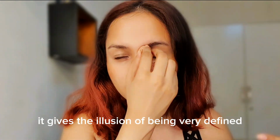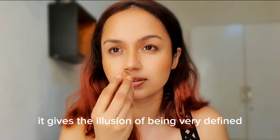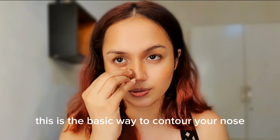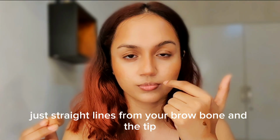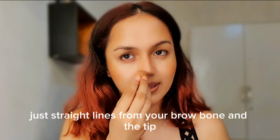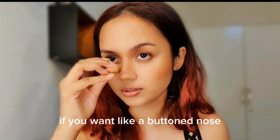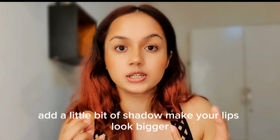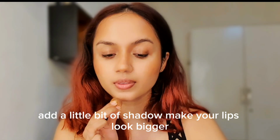It gives the illusion of being very defined. This is the basic way to contour your nose: just straight lines from your brow bone to the tip. If you want a buttoned nose, you can do that, and if you want to add a little bit of shadow, it makes your lips look bigger,